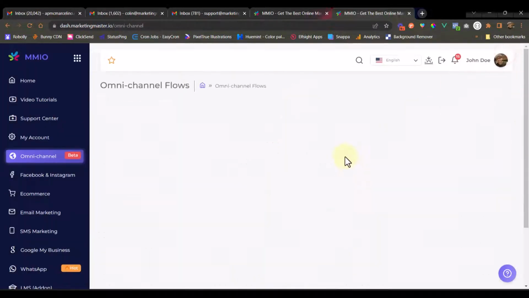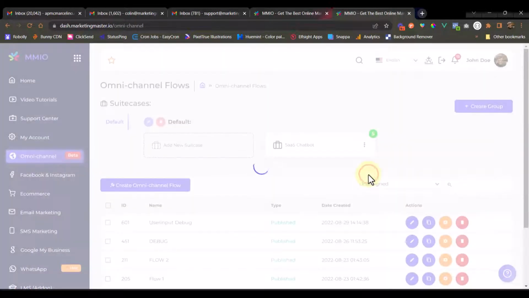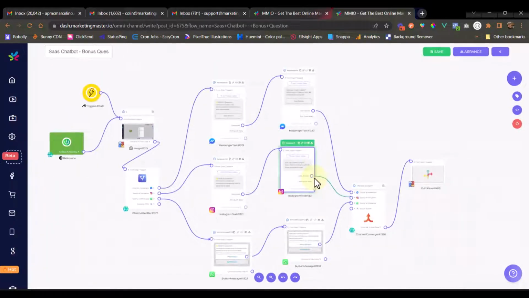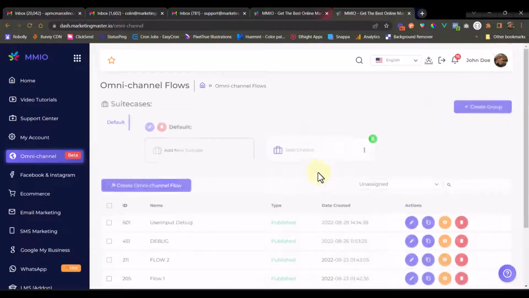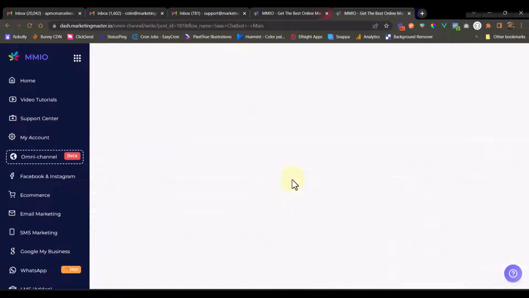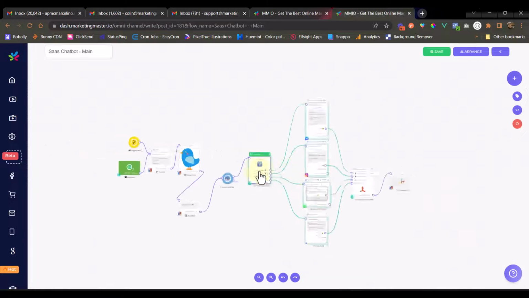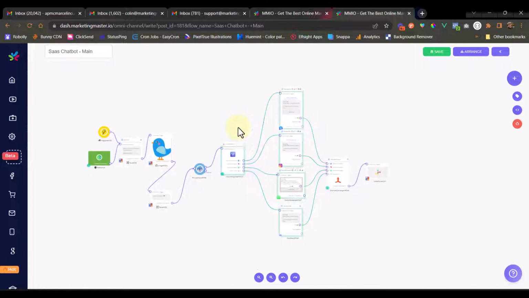And if we go back to our suitcase, the suitcase would now contain 5 chatbot flows. Each chatbot is small, easily manageable. And if we go back to our main, from a large, complex and hard to manage chatbot, we have successfully broken it down into a few smaller ones in a few easy steps by using the convert selection to flow